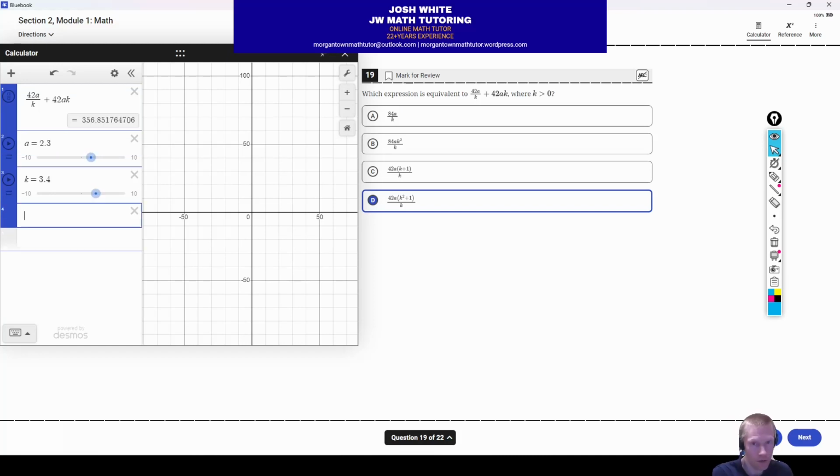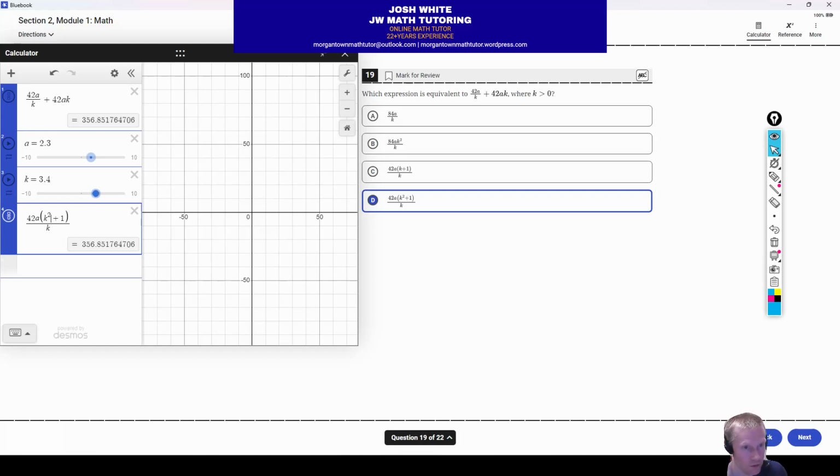Okay. Now I'm going to do the same thing with the answer choices. And I'm going to see which answer choice has the same value as this top one. So that one is obviously not correct. Checking answer choice B, 84 AK squared over K. Okay, that doesn't match. Not correct. 42A times K plus. Checking answer choice C. That is not correct. So, process of elimination, it has to be D, but just to confirm, notice we